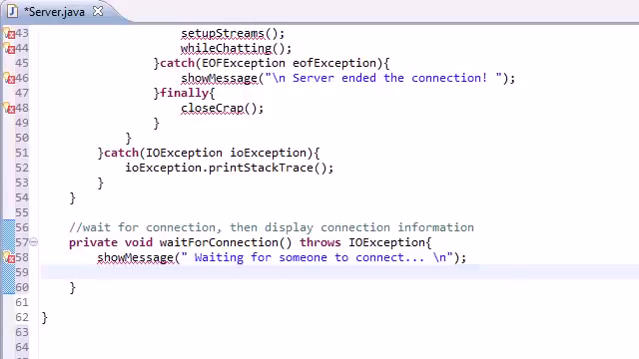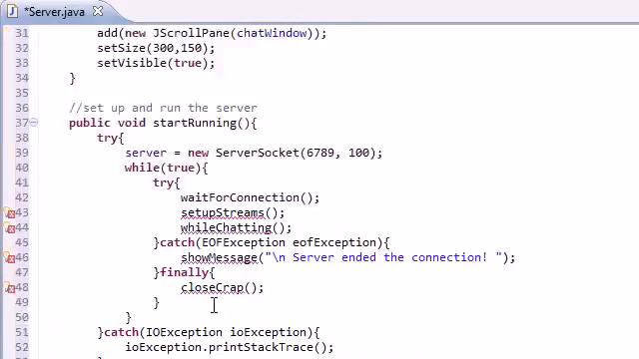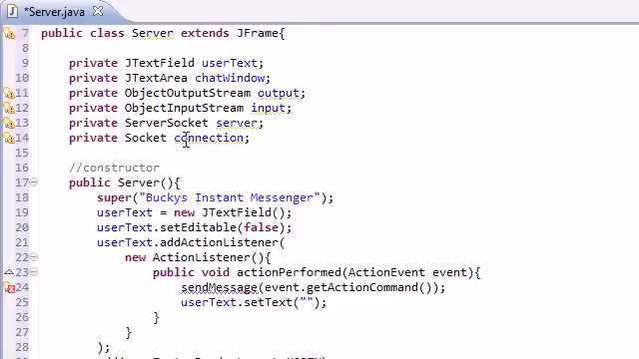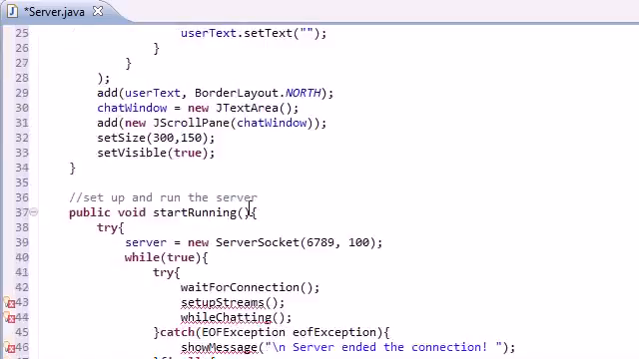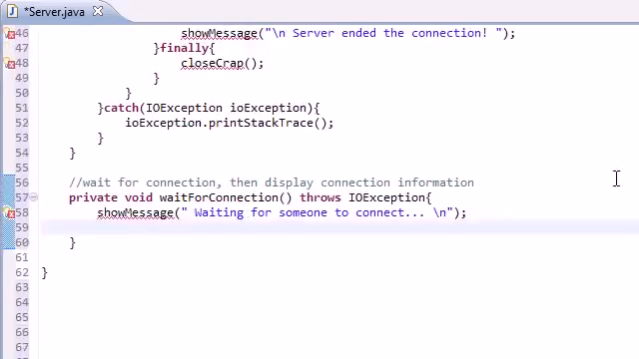So the next thing we need to do is we actually need to set up this socket. Now remember, the socket is the connection between you and another computer, and we name this variable connection. Now let's go ahead and actually create this variable connection. Set this equal to